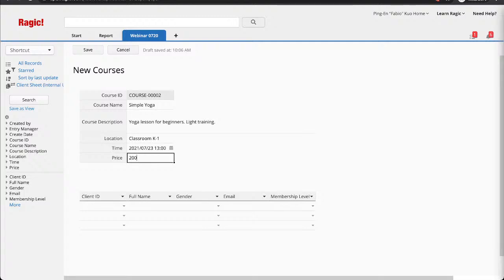For user Lizard Lim, how do I see all courses offered in Classroom C? Just wait a minute, please. I'll show you how to do that after I create a few more courses. It will be a little bit weird if there's only one record in the database and then you query it and you only see one date. It doesn't make much of a difference if I do not have a lot of records in yet. So let me just add a few more records for you to see the difference.